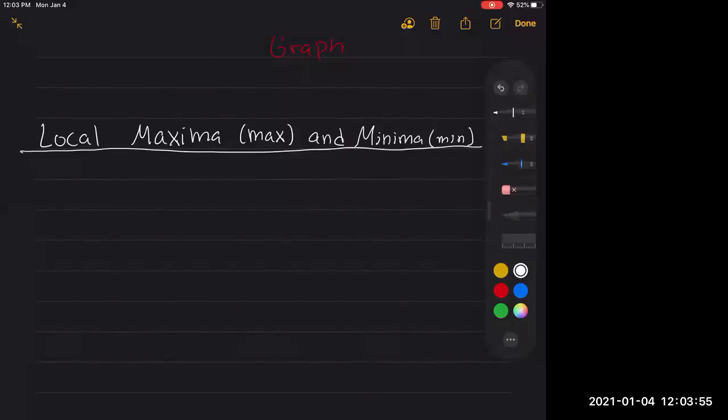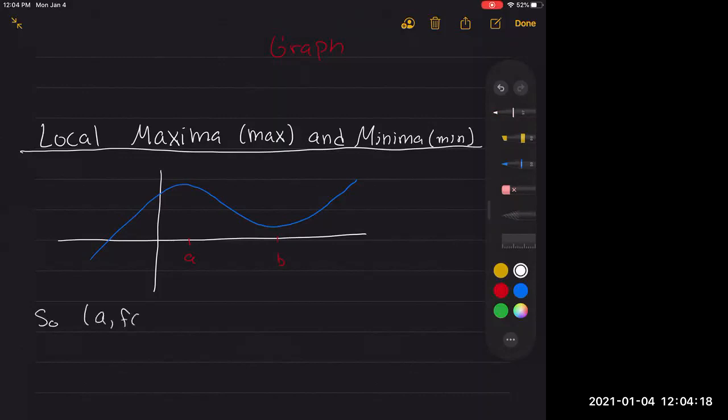So if we have a graph, and we have an A and a B, so A, f of A, is the local max,